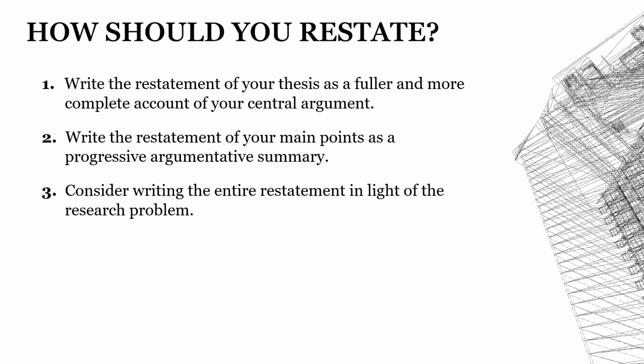Although most books on research writing and composition emphasize these first 2 tips, this 3rd tip is a stylistic suggestion I often find helpful. It may not always work, but I often find that it helps improve the coherence of my conclusion and eliminate what feels like choppiness between the early elements of the conclusion. Take, for instance, the example I mentioned earlier about grounding human creativity. If my research problem was that modern Christian aesthetics are often reliant on faulty theology, I could reintroduce the issue and frame my restatement with a simple clause before my restated thesis, something like,